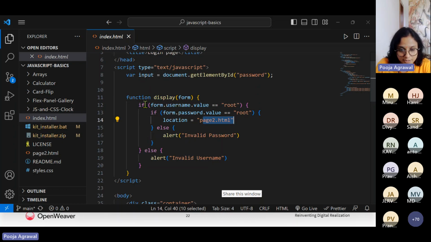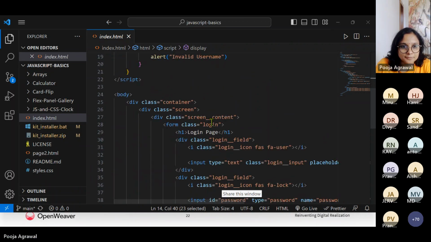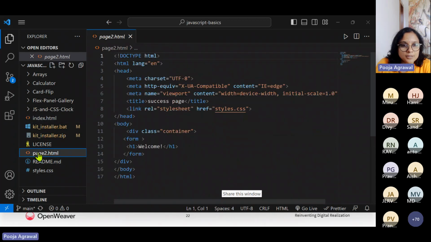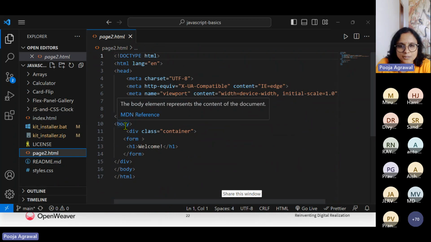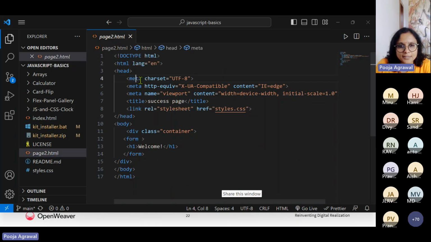If this is satisfied, let's say form.value is satisfied, only then will it go and check your form.password. We could see that this is within the if condition, and similarly once this condition also gets satisfied, you are navigated to page 2. So let's see the page2.html. We see that page2.html is a basic HTML boilerplate with the meta instructions for a compatible device. So it's saying Edge browser and the viewport, etc. is mentioned with the scale of whatever the device is, accordingly the width and the scale should be modified.